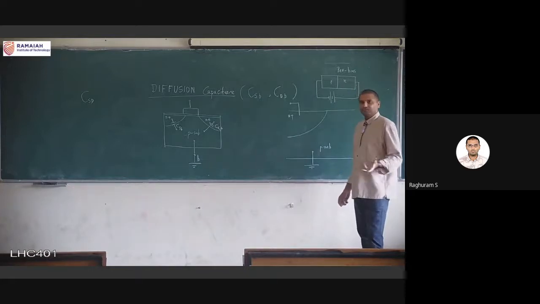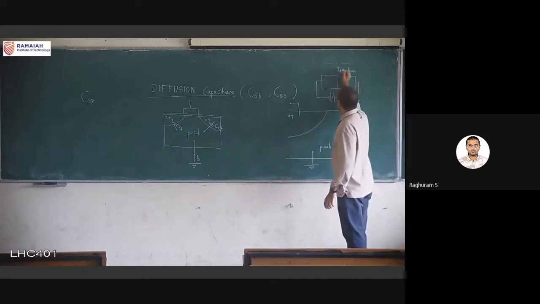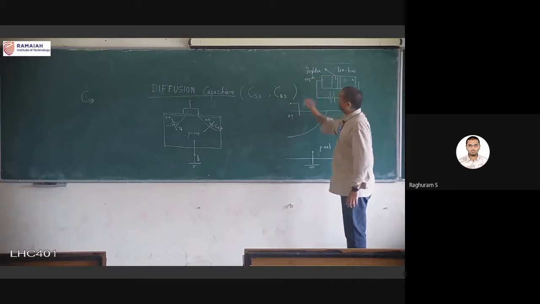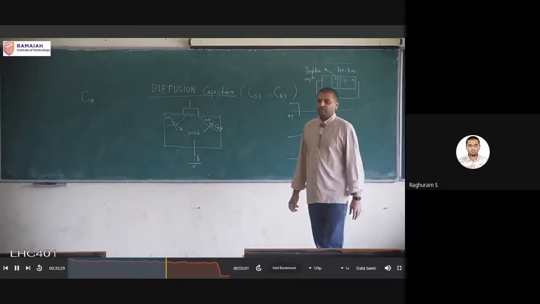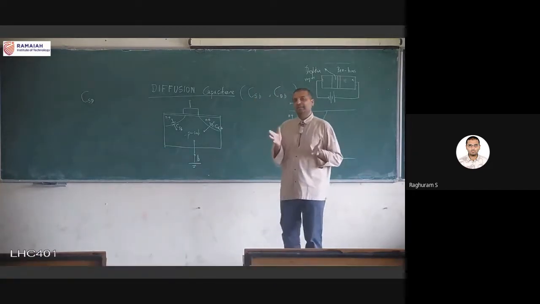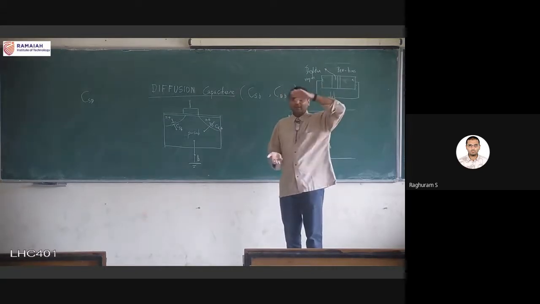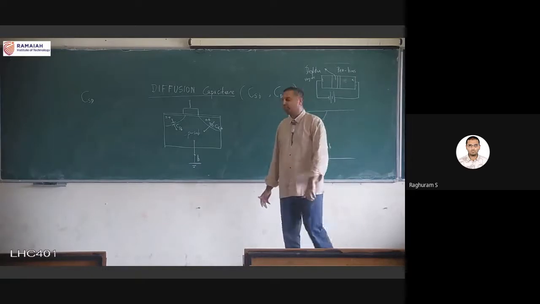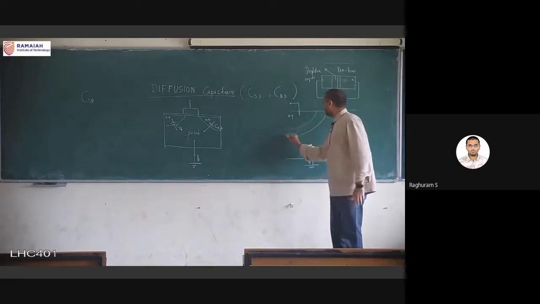The effect is, yes, you cannot have current flow, but also at the junction you will have something called a depletion region. Depletion region is where there are no mobile carriers, and because there are no mobile carriers, it acts as an insulator. So whenever we have two parallel plates separated by an insulator, it's a capacitor. Here also the same thing. We have two parallel plates, and both the parallel plates are separated by a